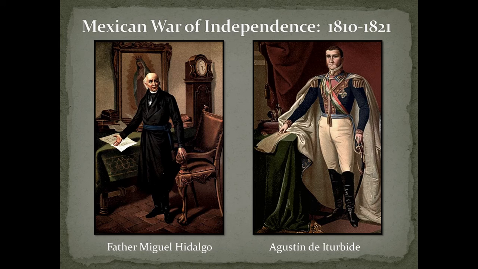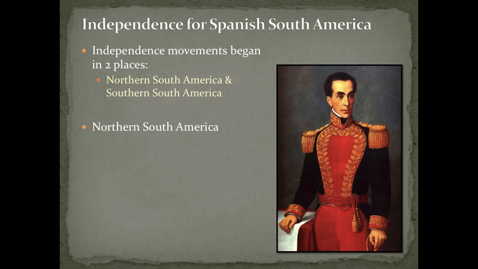So if asked about who led the Mexican Revolution, you could use either Father Hidalgo or Iturbide. Either one will work for our purposes. Just know that Iturbide is the one who's finally leading Mexico into its independence. And just a side note, he's going to proclaim himself Emperor of Mexico, Mexico becoming an empire in and of itself. That only lasts a couple months, so Iturbide winds up upsetting most of the Creoles because he starts acting like an absolute monarch. We'll see quite a bit of that happening over and over again within Latin America.